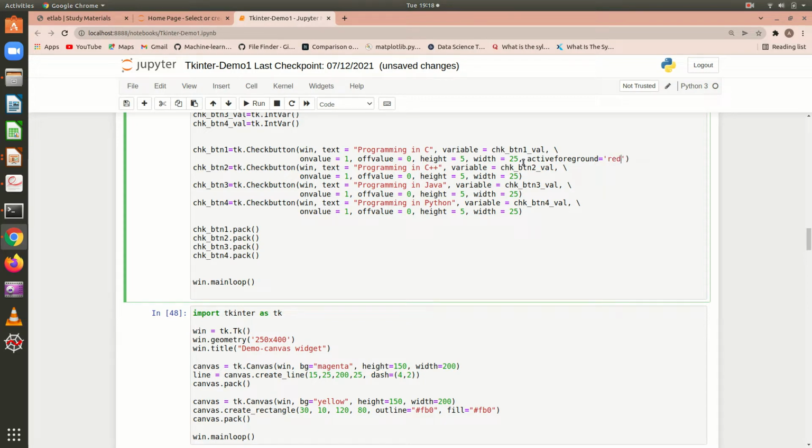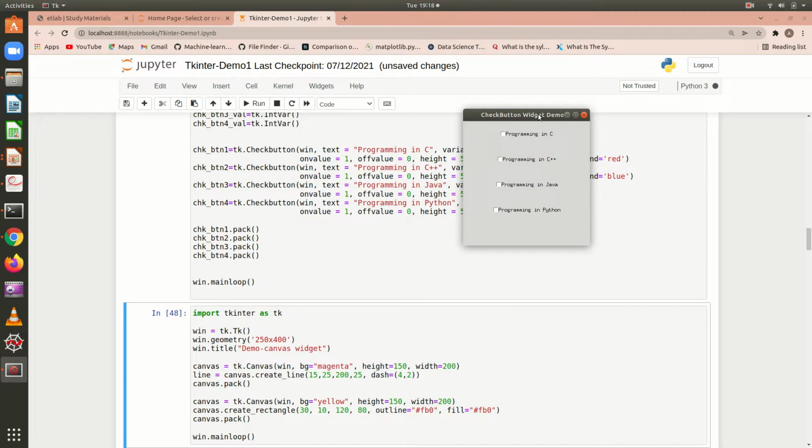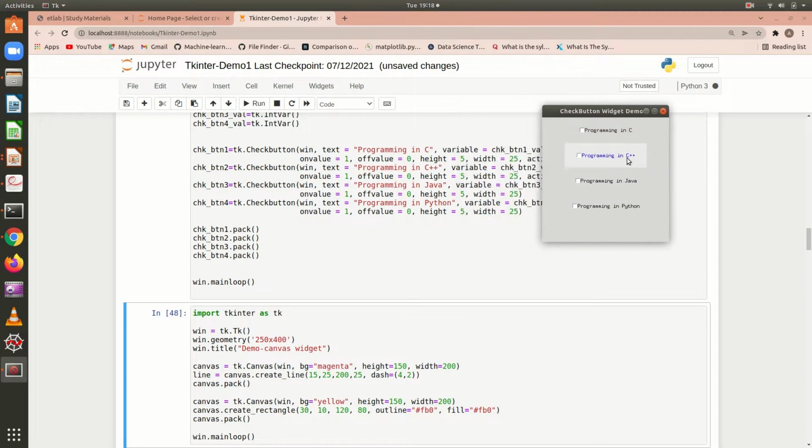Okay, and let us have the active foreground color for the second widget as blue. Okay, so now let me run the program and let us see what happens. When I keep the button on this, the foreground color has been changed to red. When I focus on this, the foreground color has been changed on this, right?